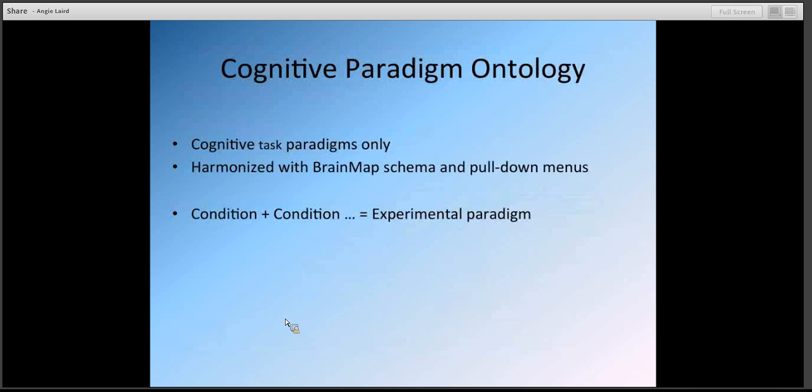And so the cognitive paradigm ontology was born. It aimed to represent only the tasks being humanized and functional neurons, along with a meaningful decomposition of how we can talk about those tasks without enabling field-specific jargon. Like, there's the Stroop task and the N-back task and the Sternberg task, and each of these tasks have names, but we really wanted to get at the idea of